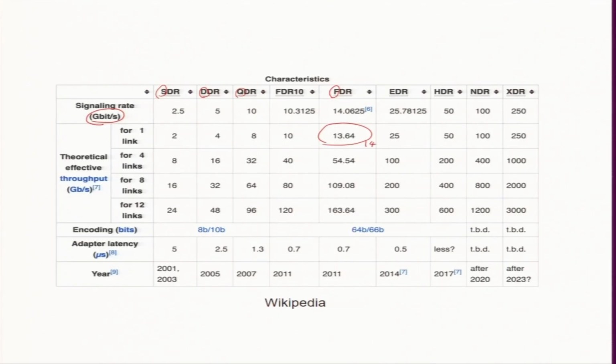And if you put in more links, then of course, you can multiply that by 4, and you get this number, 4 links. Multiply by 12, we will get this one. So, more links, more transmission we can get through this switch. SDR is also available, high data rate, and that goes up to 50 gigabits. XDR is I think extreme, which is 250. Some are not available yet, they are projected for future technology. You see here 23. SDR and NDR are available now.